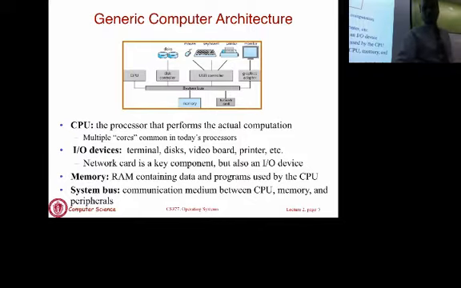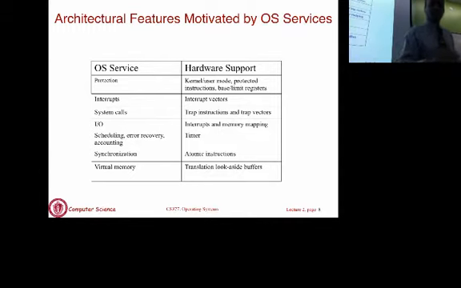Okay, so now let's go into a little more detail into some of these things. What this slide is showing you is several OS features that we will look at in more depth later on. But what the slide illustrates is what kind of hardware support the OS needs in order to even implement some of these features.